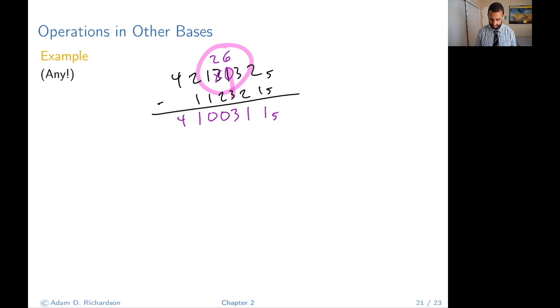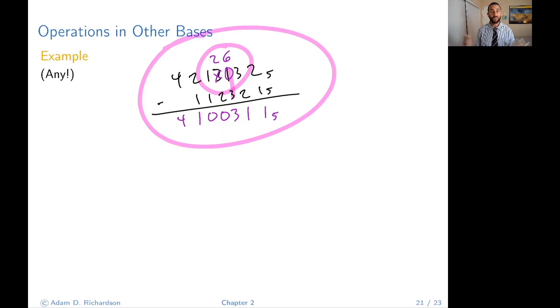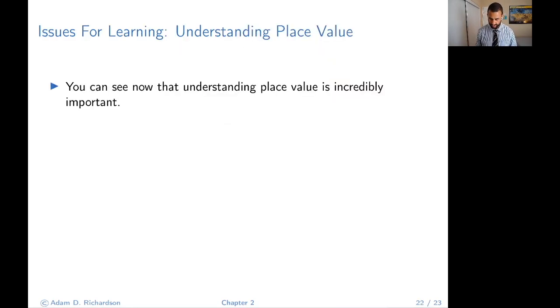That's what it is. Anyway, like I said, we can do some more examples in the collaboration meetings. Just come and ask questions, and I'll be there to help. And ask your group members to help. Go for it. All right, so now you can see that understanding place value is incredibly important because it's one